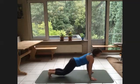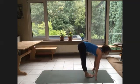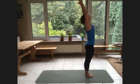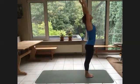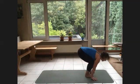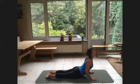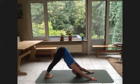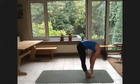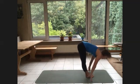Cobra, dog, back, long spine, nose to the knees. Inhale up, long spine, and we will directly go down from here again. Long spine, inhale, exhale, inhale, cobra, exhale, dog, jumping or stepping back, nose to the knees, inhale up, and again exhale down, long